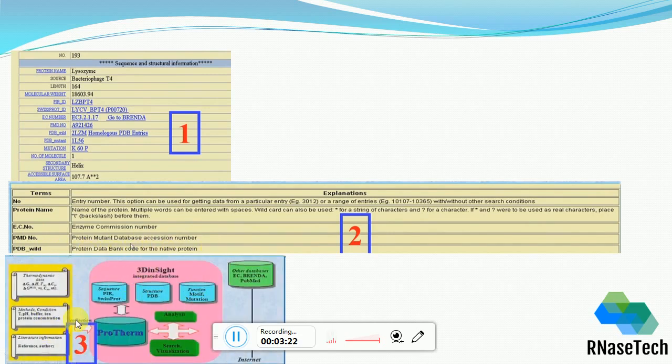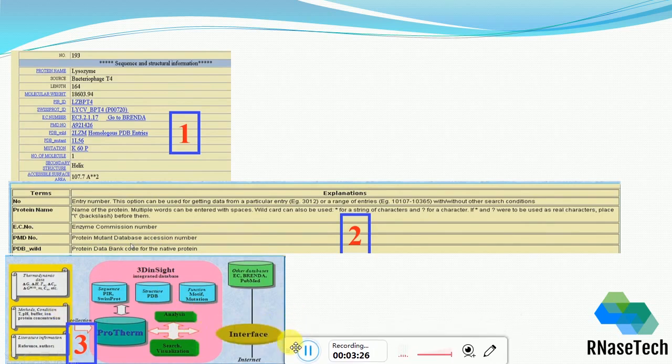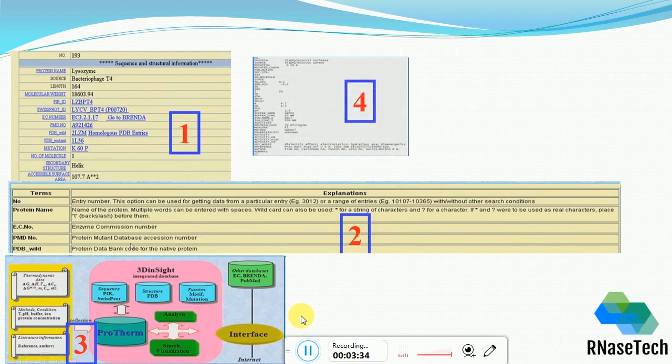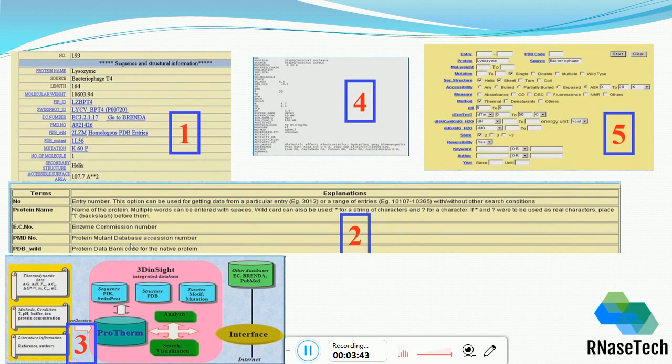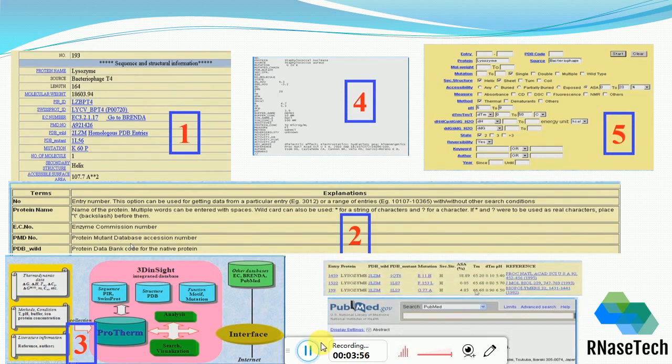This is the schema which I was talking about in the previous slide, the logical structure of a database. The information should flow from point A to point B in a logical pattern. Next is the format which I talked about in the previous slide, that whenever you search, you should get results in a particular format. It should be consistent throughout the database. The next one is the search options. These are customizable options. You can choose all the default options while searching, or you can modify them according to your need.